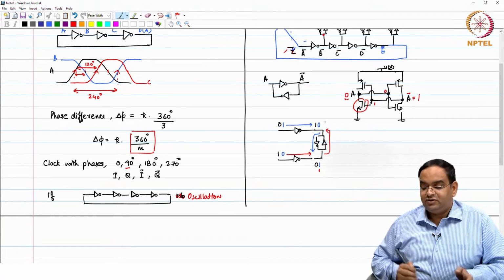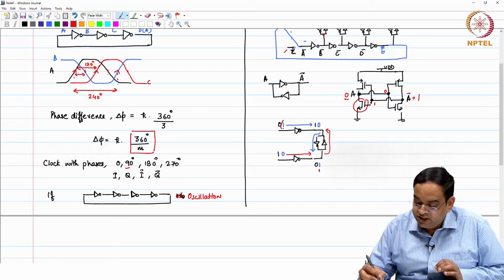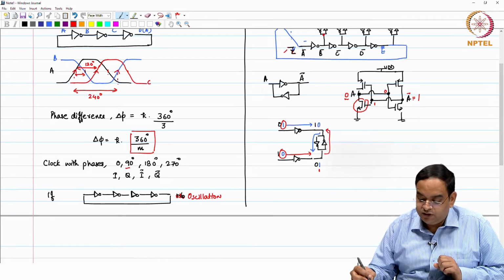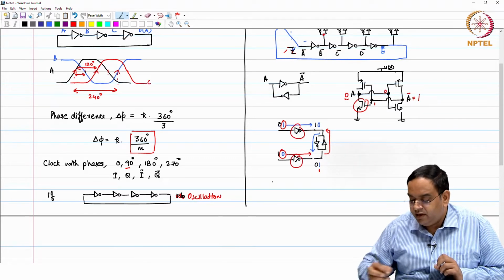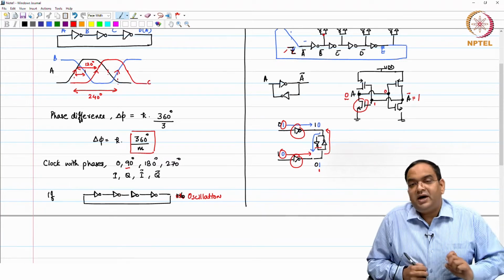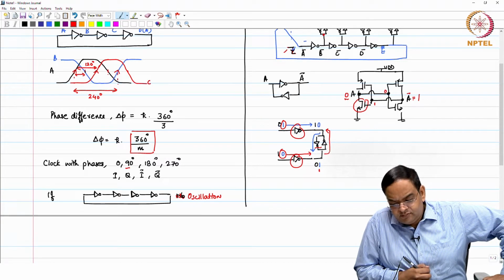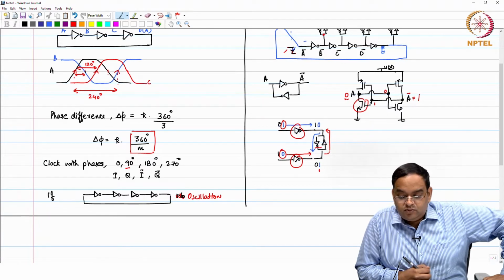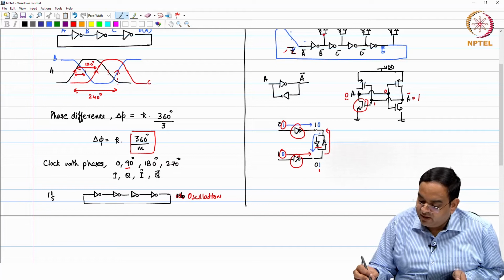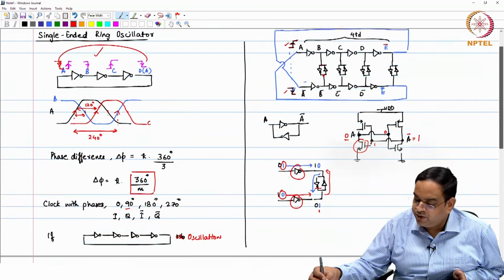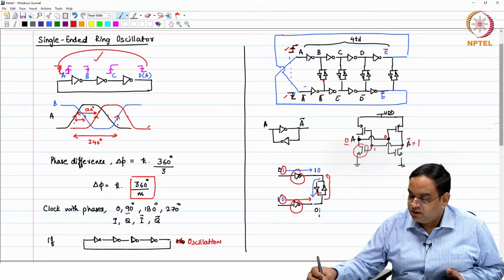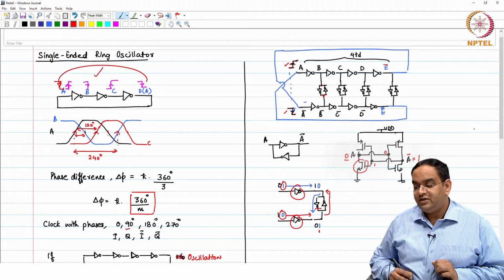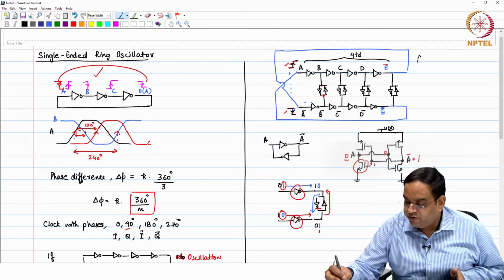Okay. So, this is going to happen: the outputs of the two main inverters are assisted by these two inverters also, so that it maintains the same phase relationship at the output, whatever phase relationship you have at the input. Such an oscillator is called a pseudo-differential oscillator,